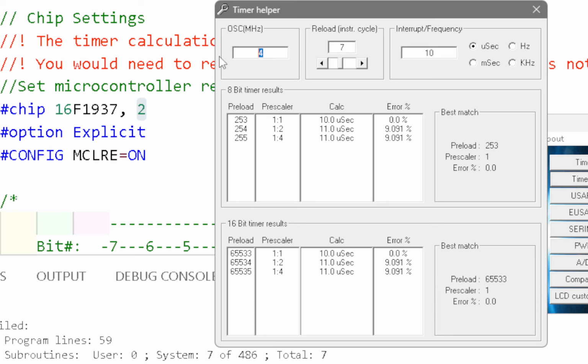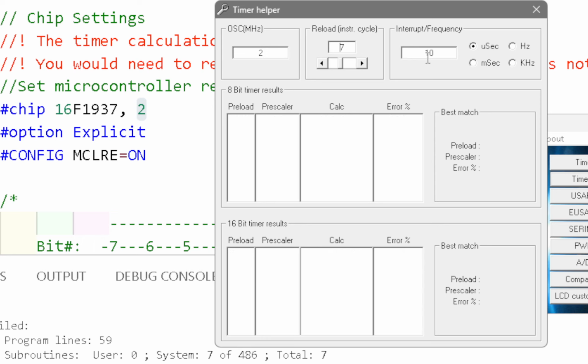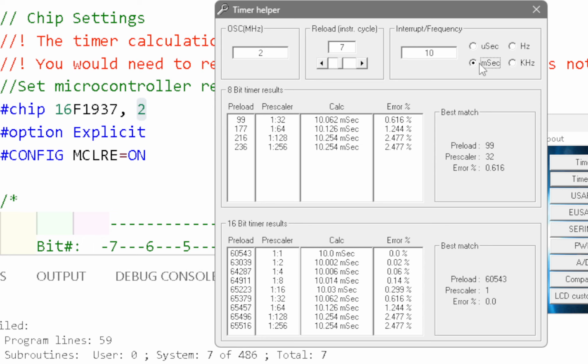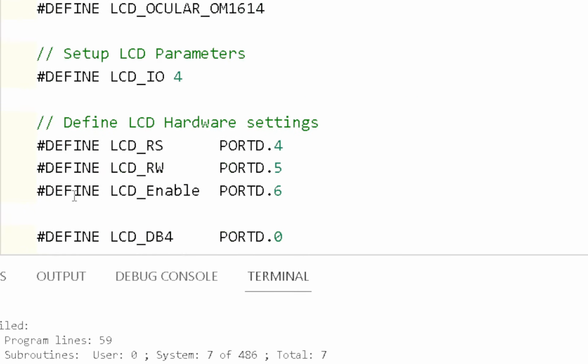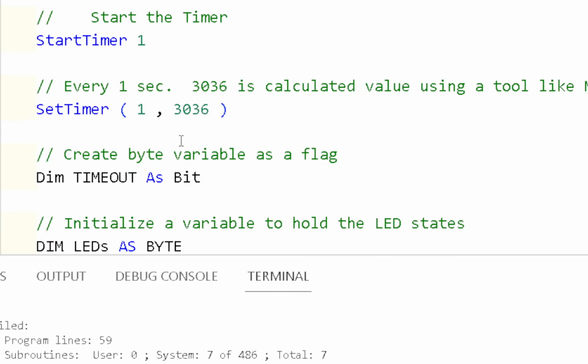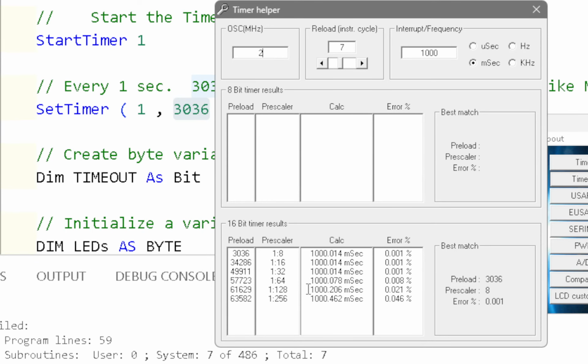Right, 2 megahertz. The frequency I want, 1,000 milliseconds. It's calculated it, and it says down here 16-bit timer results. I've taken this one, have I? Let's have a look in my program. It's a value of 3036. Oh, I took this one. Here we go. So I must have selected the